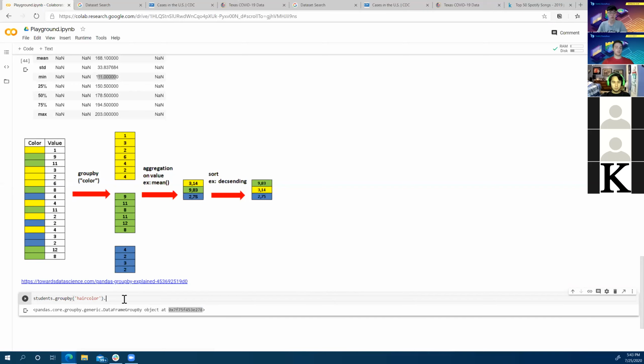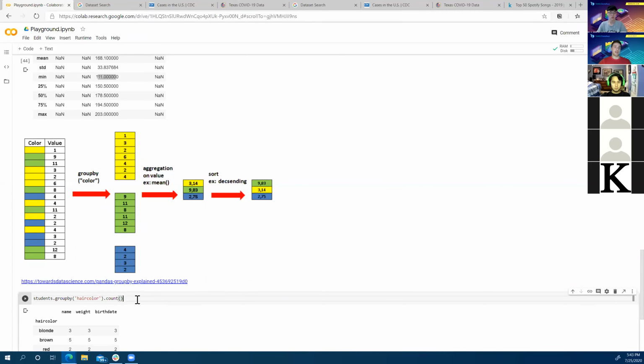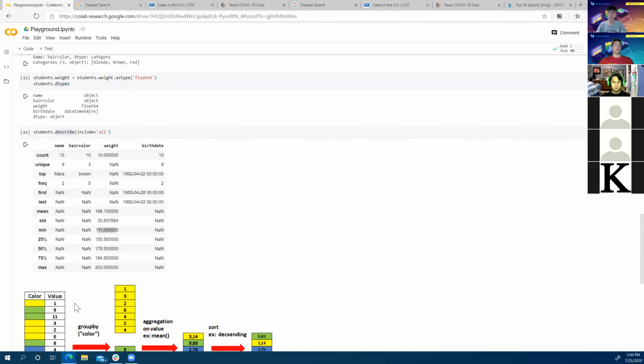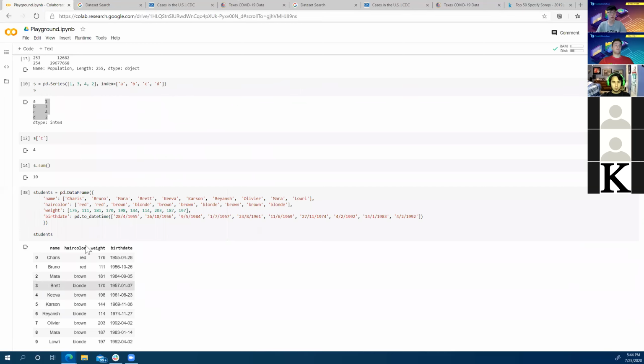So from here, I'm going to say count, and it's going to give me the count for each of those categories for each of those rows. We can see here that the count is the same for each of the columns. But we noticed that it divided things up into blonde, brown, and red. In fact, if we come up to the top, we can see that we had red, brown, blonde, and those are the three categories.